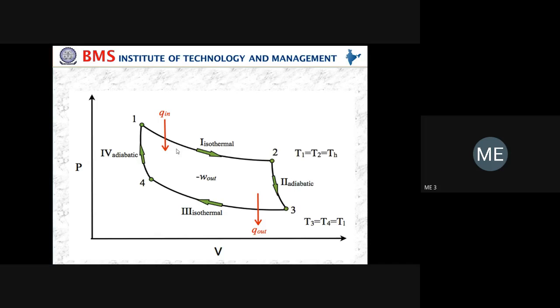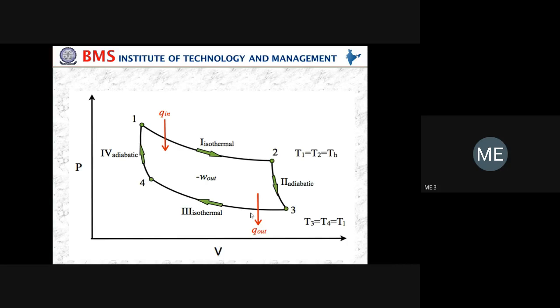So in order to get the efficiency, the engine should run very fast. Okay, so processes 1 to 2 and 3 to 4 should run at a very slow rate. On the other hand, processes 2 to 3 and 4 to 1 should run very fast. Why fast? Means there should not be any heat exchange, means heat losses should not be there. Hence the engine should run at a faster rate. Okay, then only this adiabatic condition can be achieved. Suppose the engine is running at very slow speed, in that case there will be a possibility of heat transfer between the system and surroundings. So in order to achieve the adiabatic expansion and adiabatic compression, the engine should run at high speed.